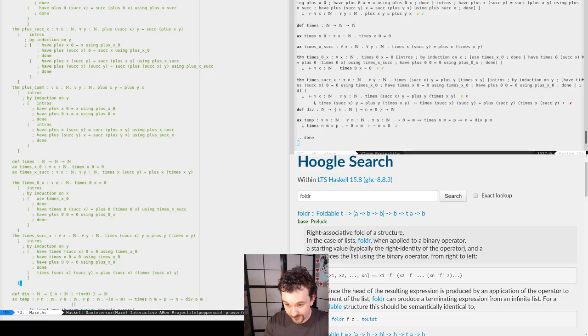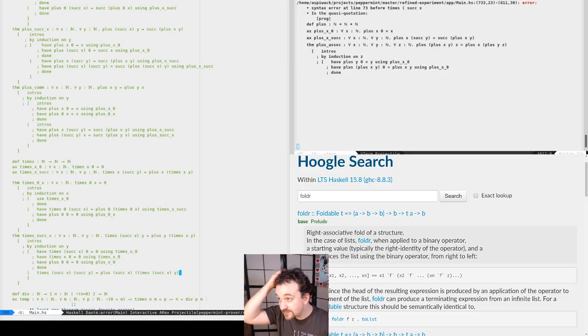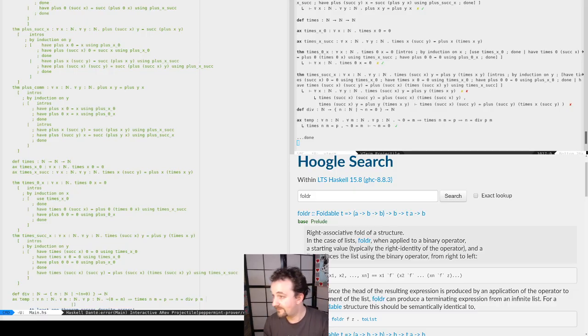We know that. I made a syntax error, because I should have used times x sucks. Okay. So we know that, in addition to knowing that sucks xy equals plus y times xy, yada yada, something something. So the point is that this bit that we know is plus y times xy.